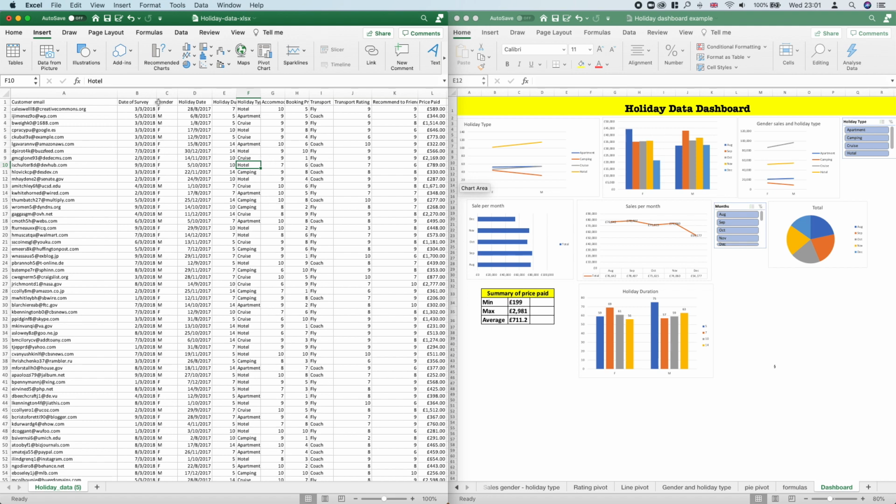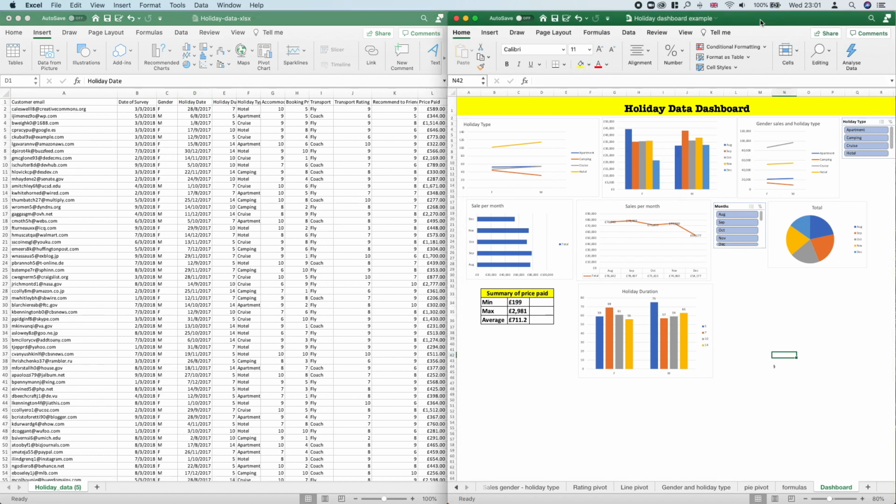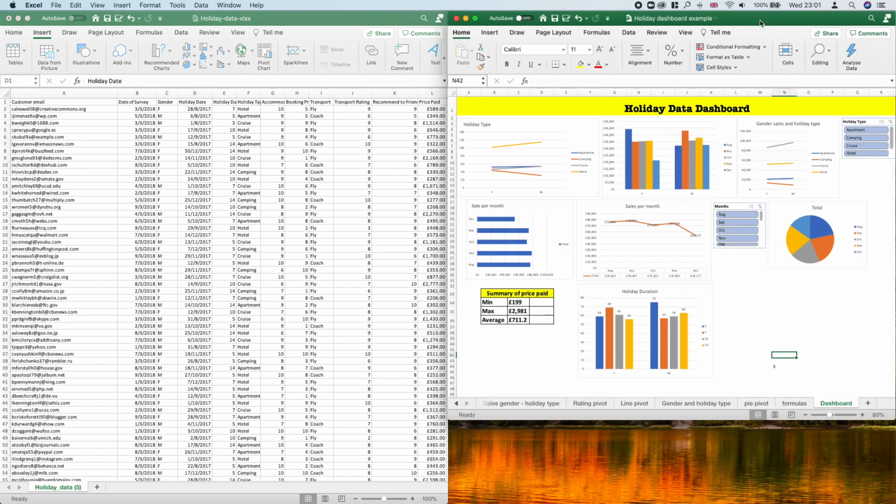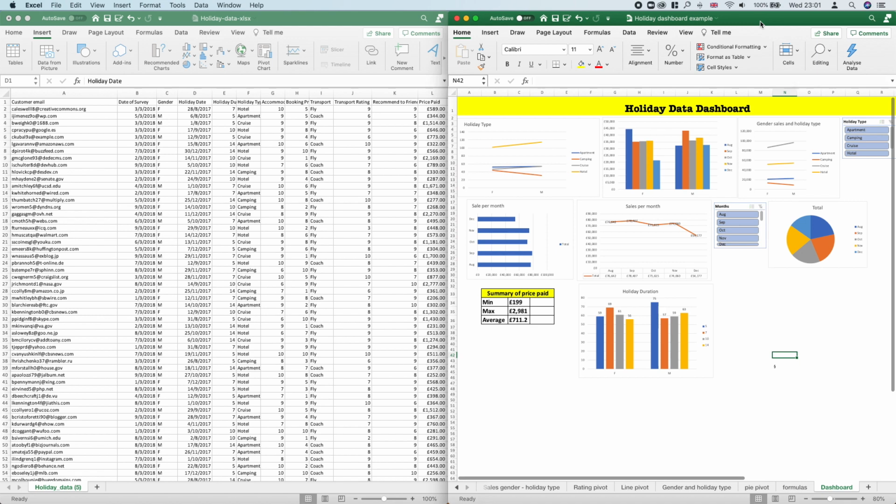As you can see from the list of different column headings, you've got the date that these people were surveyed, you've got the email address, what gender they are, the holiday date, the holiday duration, the holiday type, accommodation, and so on and so forth. This is the raw data, and this is all we've got at the moment in terms of sheets in this Excel file. And on the right hand side is what we aim to get to as a final